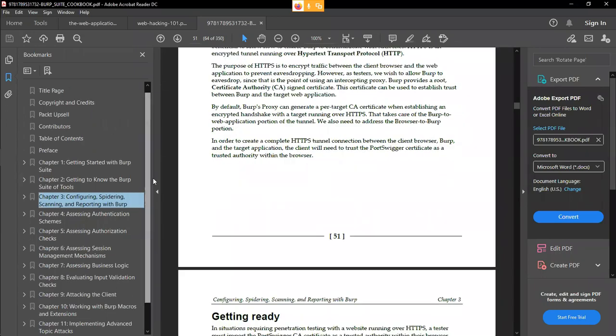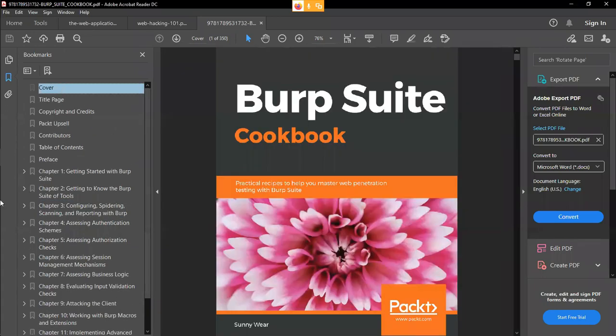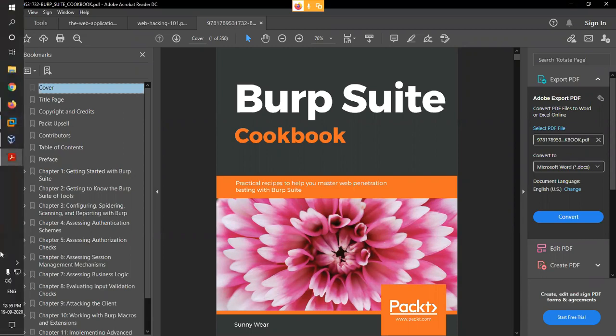The book name was Burp Suite Cookbook. You can see over here. And for manual pen testing, we basically use Burp Suite. For automated pen testing, we use EC-Council tools, which are some of the best tools that we can use for now. So there are various steps that we can follow